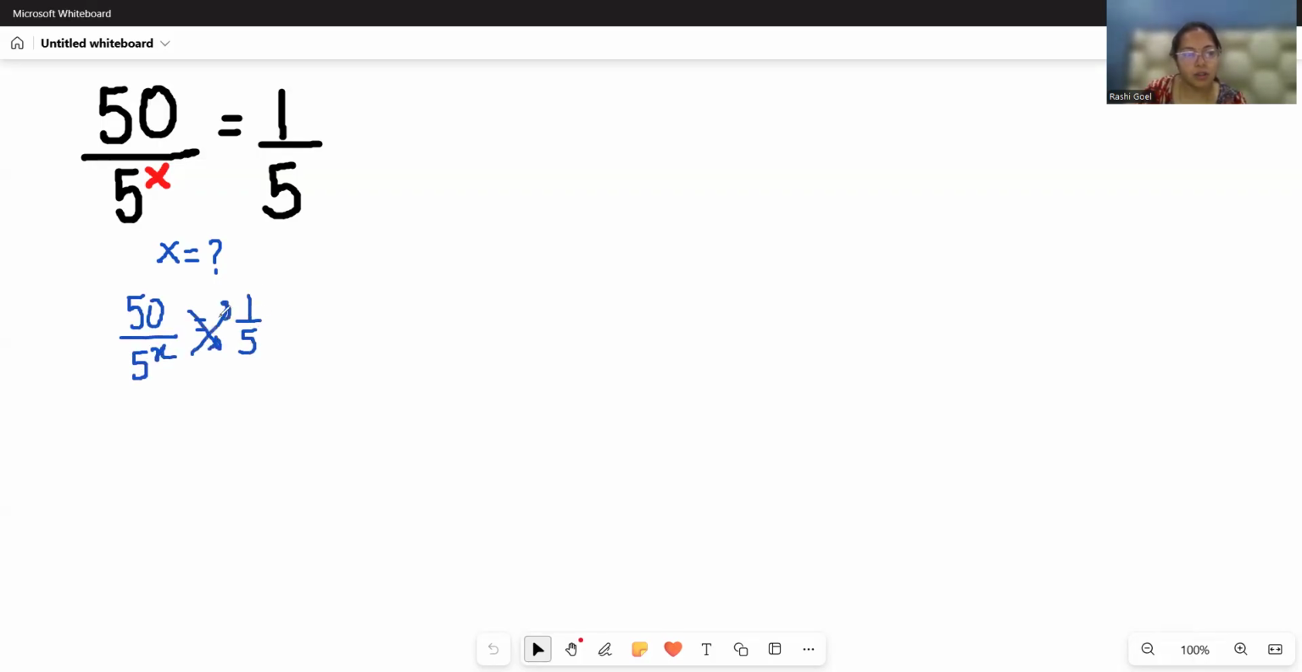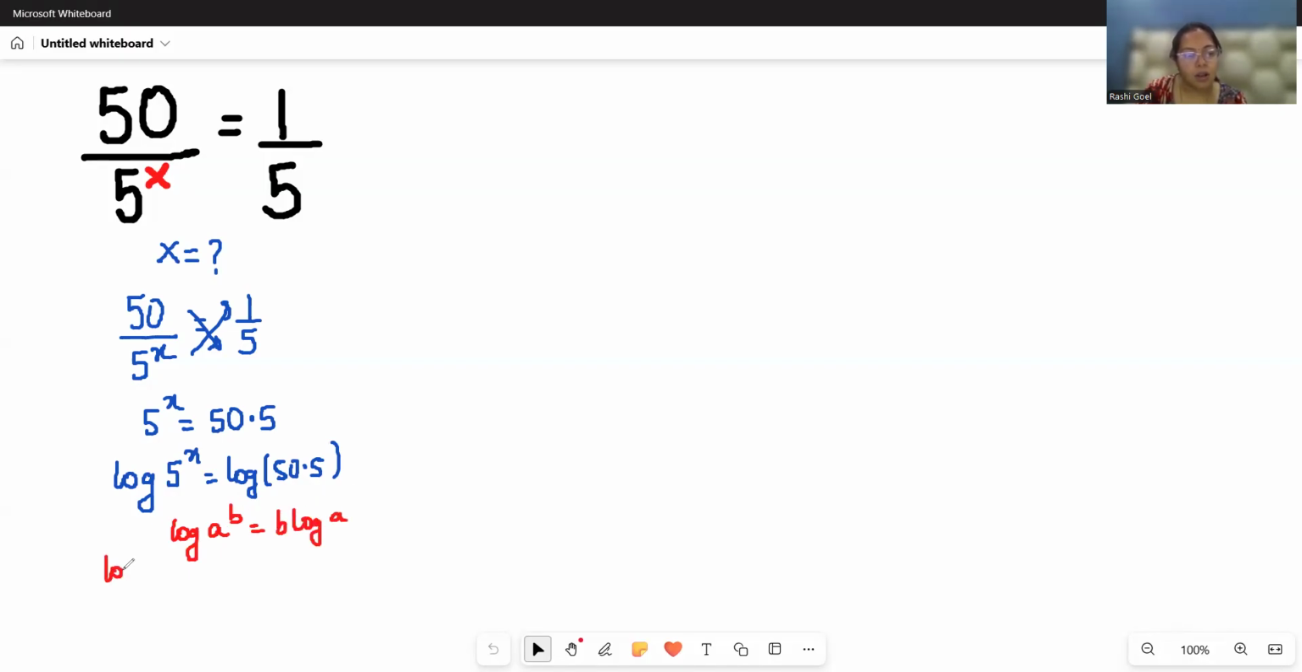So now if I do cross multiplication, it becomes 5 power x equal 50 times 5. Now I am taking log on both sides. So as per log rule, log a power b, we can write it as b log a, and log a times b, we can write it as log a plus log b. So both left hand side and right hand side become x log 5 equal log 50 plus